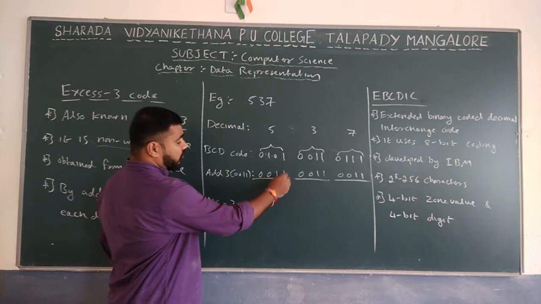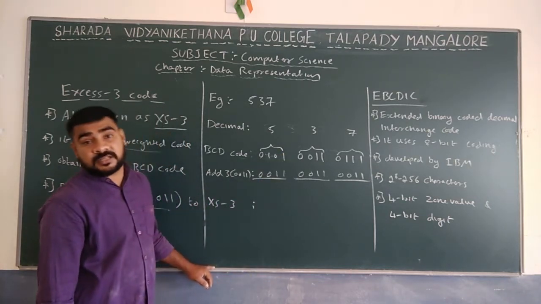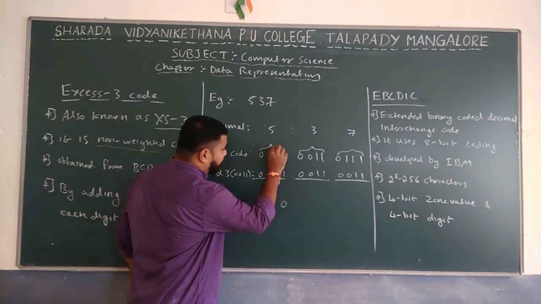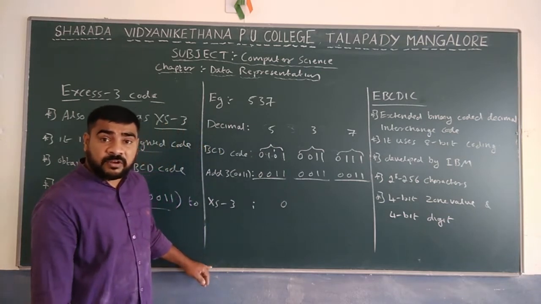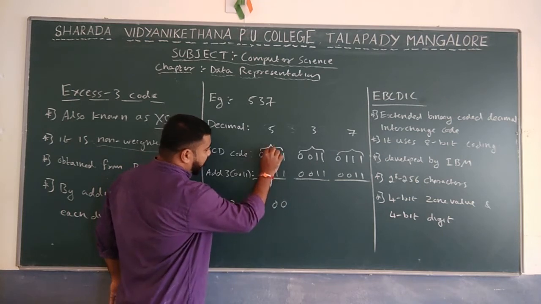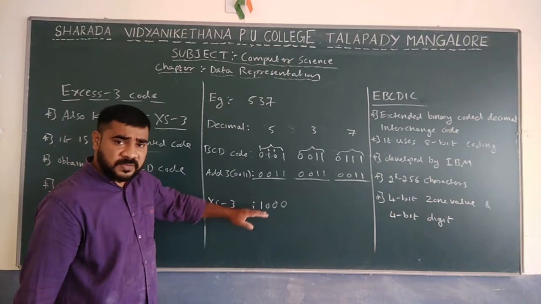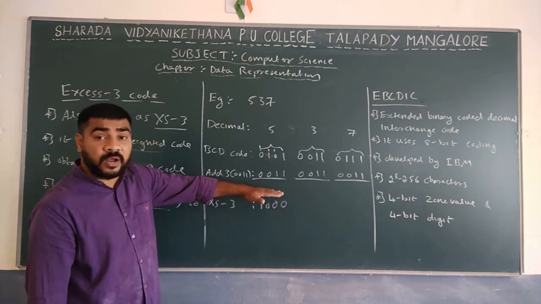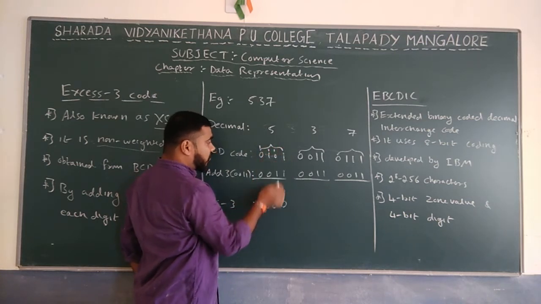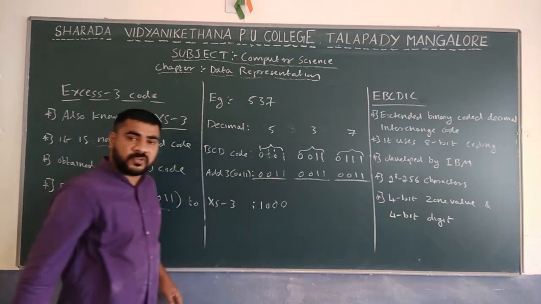So for this one, we will add 1 plus 1. What is the value of 1 plus 1? I already told you binary addition is very important. 1 plus 1: 0 is the sum and 1 will be the carry. Here also 2 ones are there: 0 is the sum, 1 is the carry. Now I am going to explain how to add. Already we discussed how to add the numbers. So 1 plus 1, 0 with carry 1. Then 1, 0, 1, 0 with carry 1, and so on. So like that we have to add.